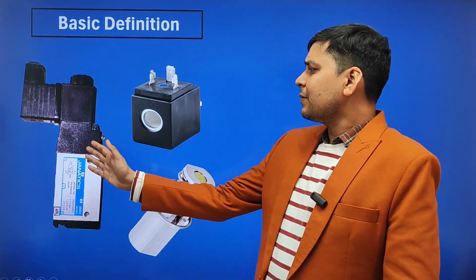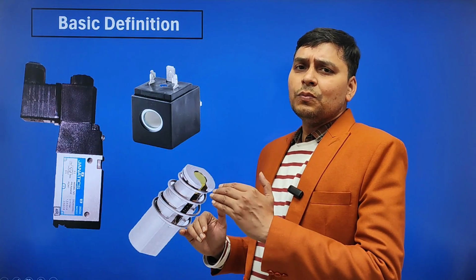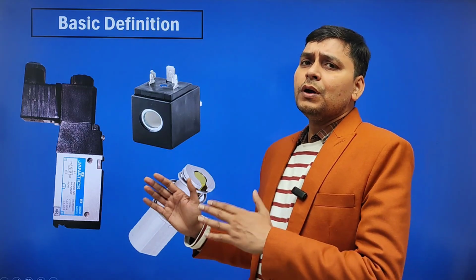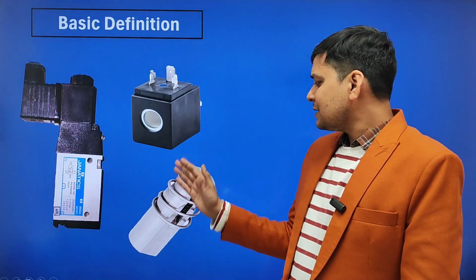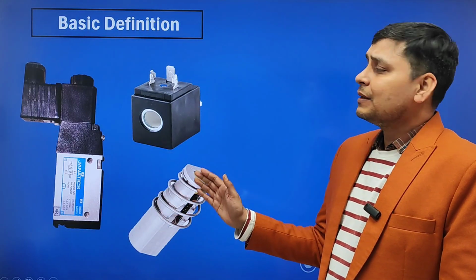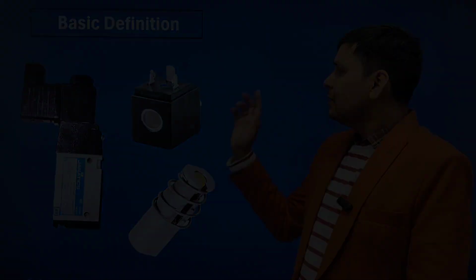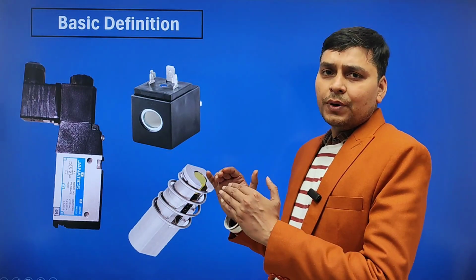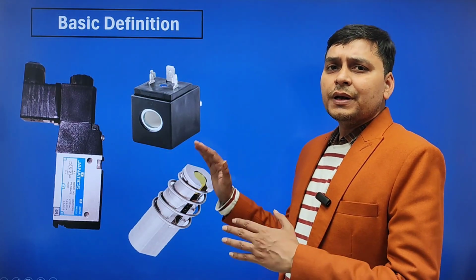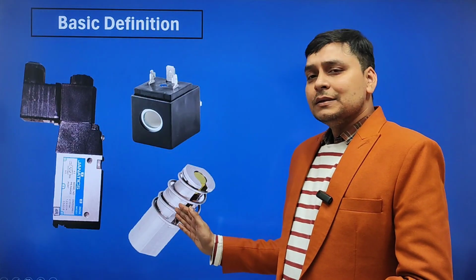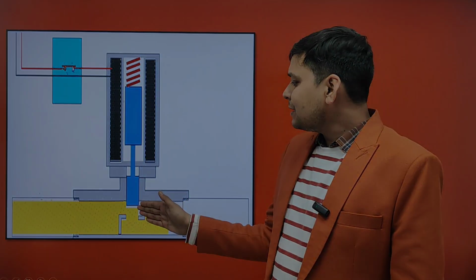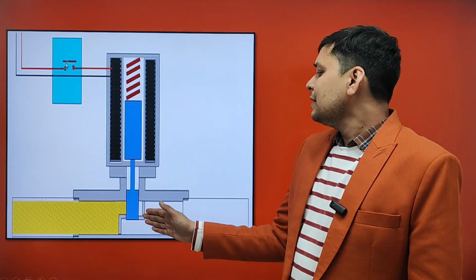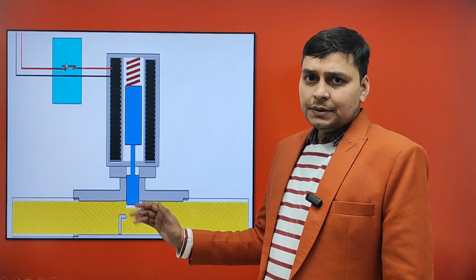A solenoid valve is an electromagnetic valve and it is used to open or close the flow of fluid or gas. Basically, it has three main parts. The first one is the coil, the second one is the plunger, and the third one is the spring. The supply is given to the coil. The work of the plunger is to move. It moves in an upward or downward direction. When the supply is given to the coil, the plunger moves upward or downward, and according to the movement of the plunger, flow passes or stops.